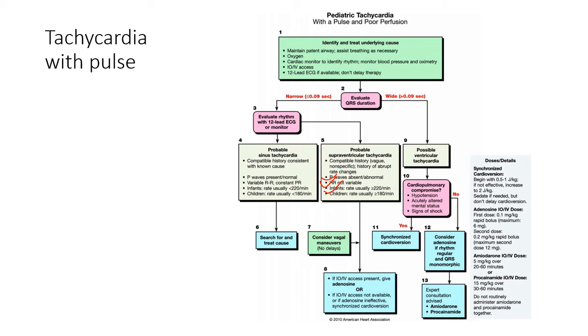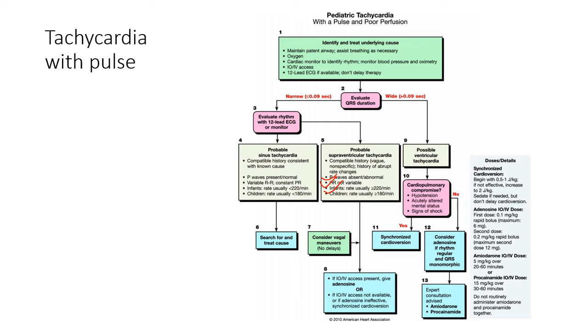Ventricular tachycardia, if there is a wide complex rhythm and if the pulse is present, then we go for synchronized cardioversion. Here we try to synchronize the current that we are going to deliver with the R wave of the ongoing electrical activity of the heart, so that there is no depolarization. So if we give a DC shock, if we defibrillate a child who is having a pulse, the child will go into fibrillation because it just depolarizes the whole myocardium.